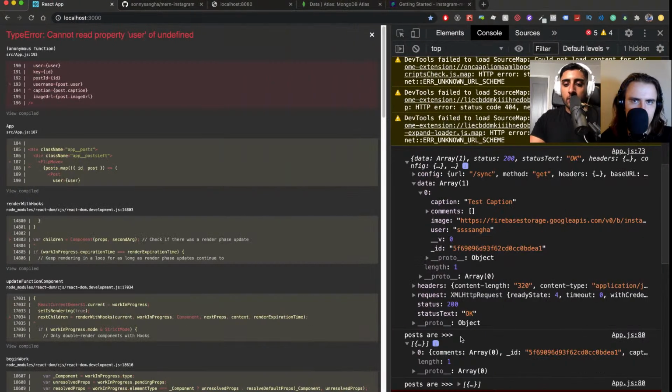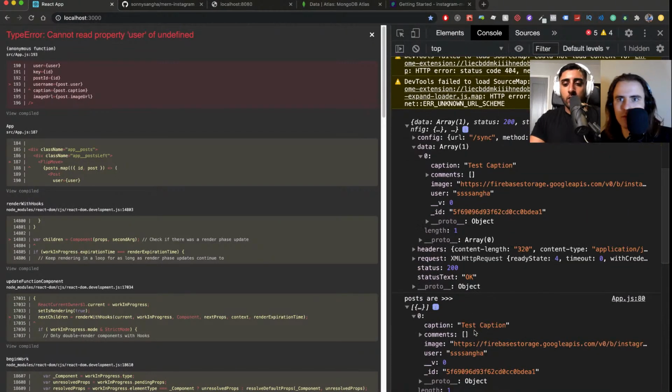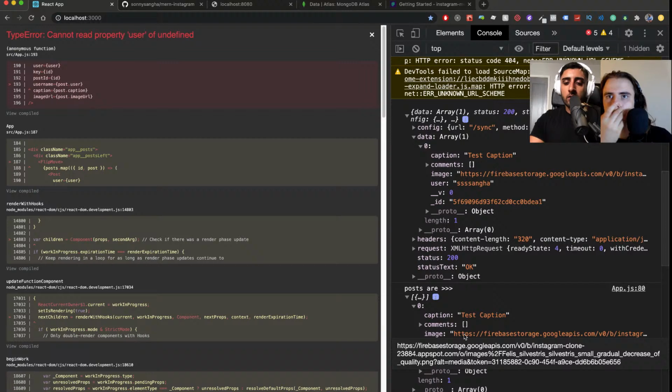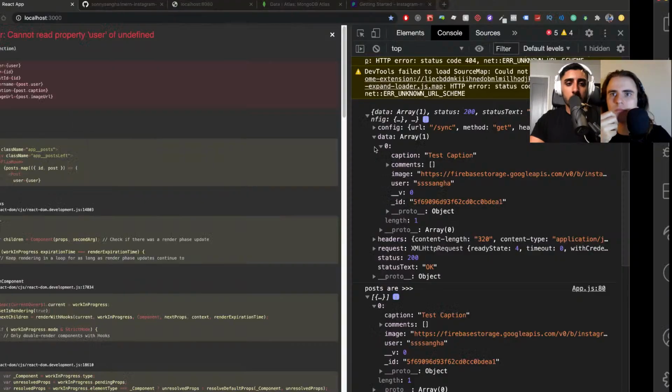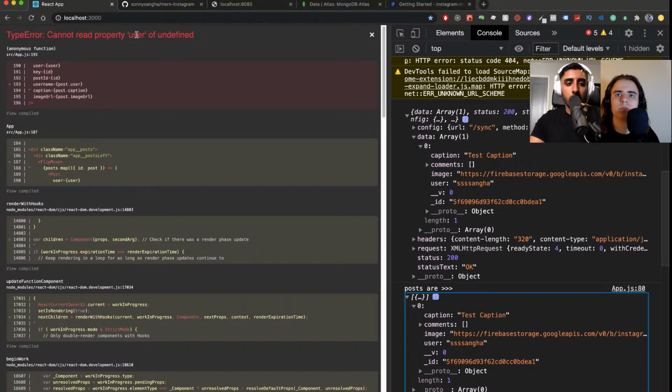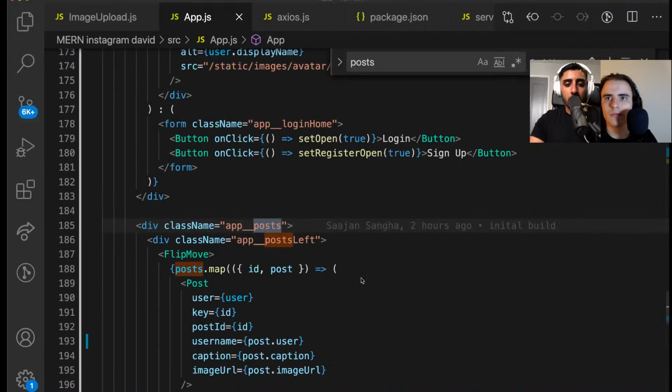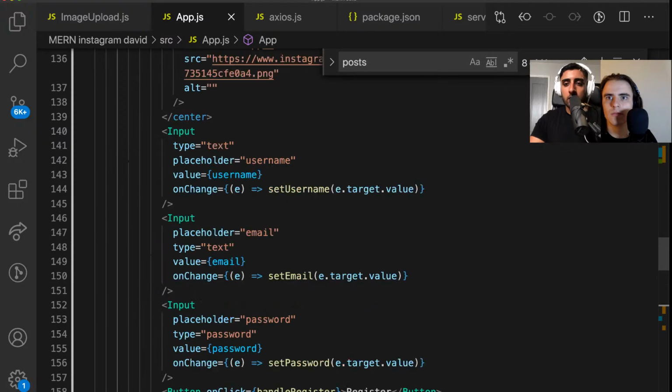So in here now you can see posts are, and you've got each of the posts. So you should have post.user, right? So it's still freaking out for some reason. So cannot read property user of undefined now. So post.user. So let's see why it says that. So we've got an array of an object saying loop through it. Now what I'd like to do here is what you can do is just kind of stress test it and say,